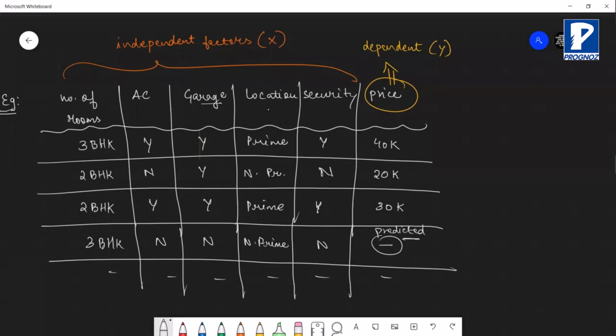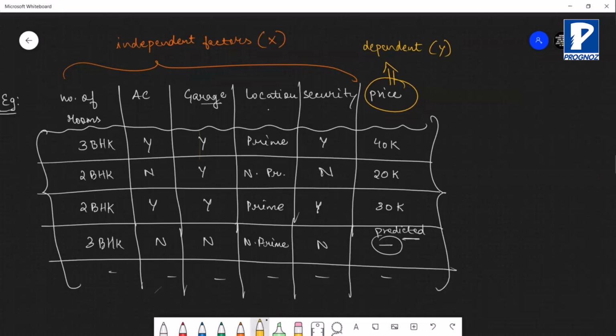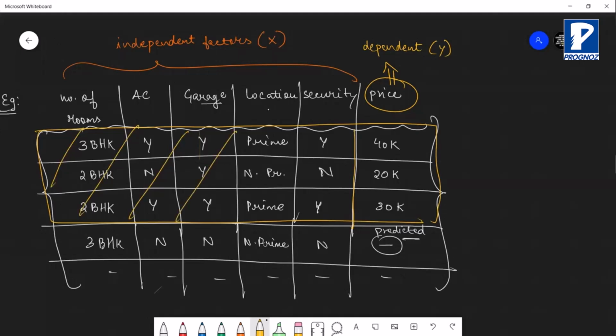Okay, so suppose you have this entire dataset available. This is the entire data that you have. Now we have understood that out of the entire data given, we try to split the data. So suppose this much data we are using for training purposes. This part of the data is used for training. The remaining data that we have will be used for testing.